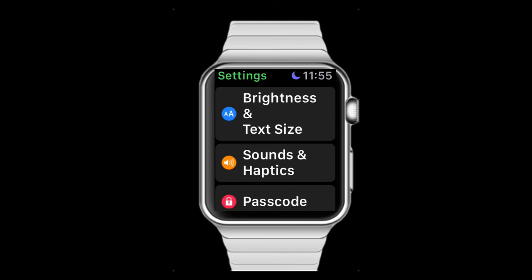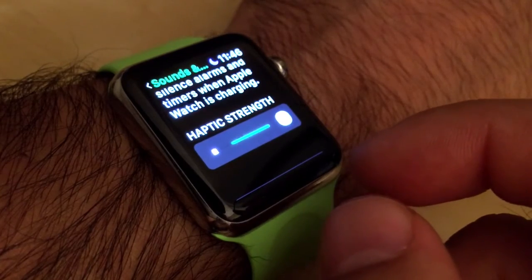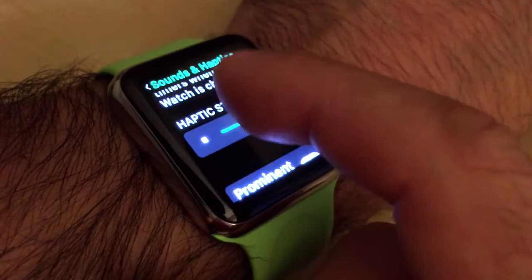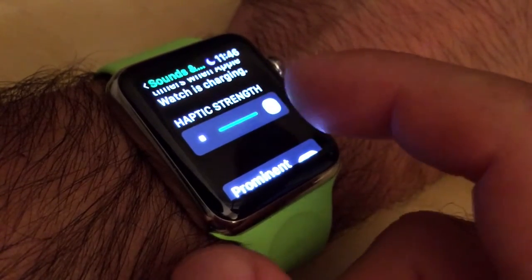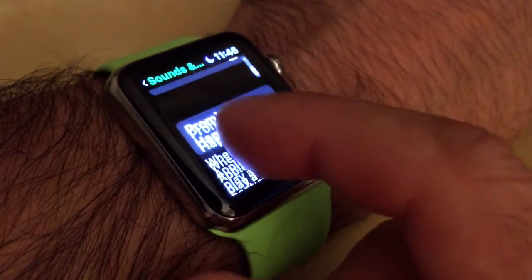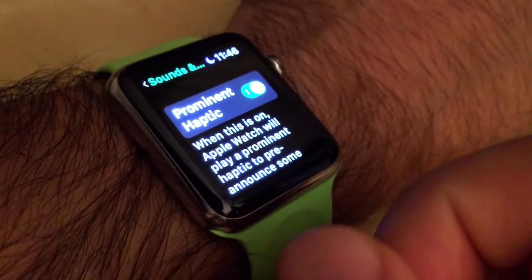Finally, under Sounds and Haptics, we can adjust the strength of the haptic notifications provided by Apple Watch. And we can also turn on a prominent haptic. And what this means is that you're going to get a stronger vibration pattern so that it's not as easy